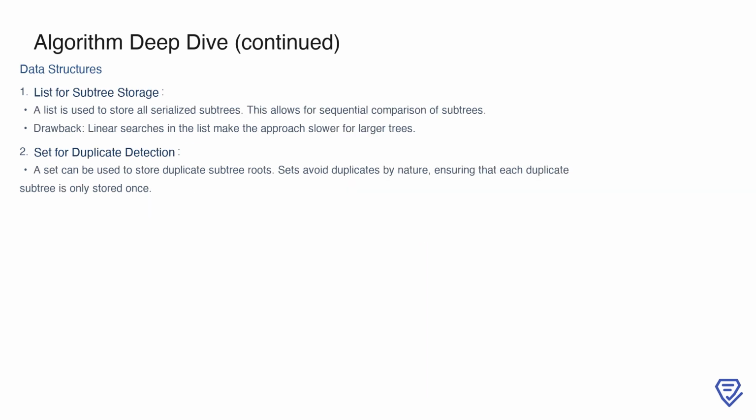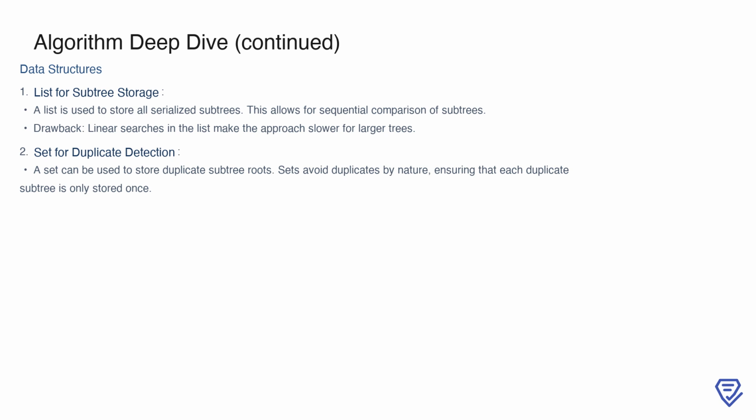The choice of data structures plays a significant role in the efficiency of this algorithm. A list can be used to store all serialized subtrees, allowing sequential comparisons. However, the drawback is that linear searches make this approach slower for larger trees. On the other hand, a set can be used to store the root nodes of duplicate subtrees. The advantage of using a set is that it inherently avoids duplicate entries, ensuring that each duplicate subtree root is stored only once. While these data structures work, they leave room for improvement in terms of performance, especially when dealing